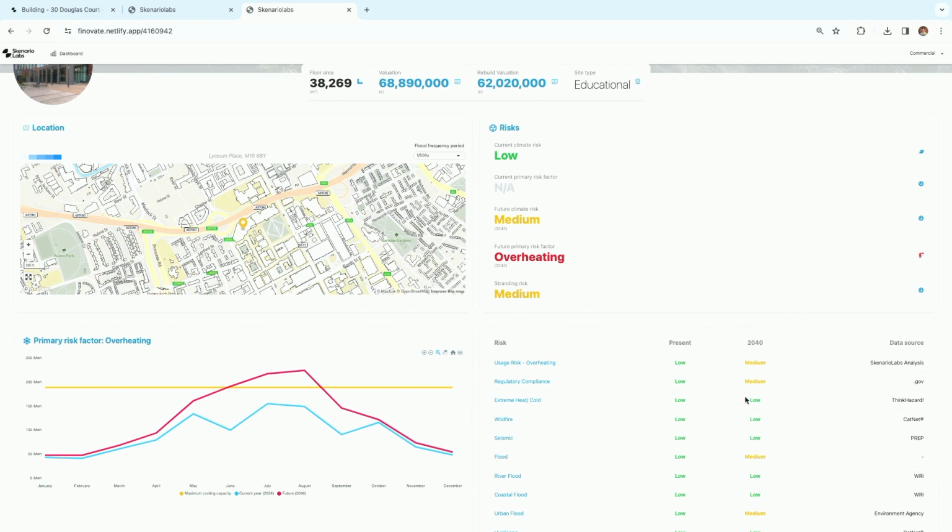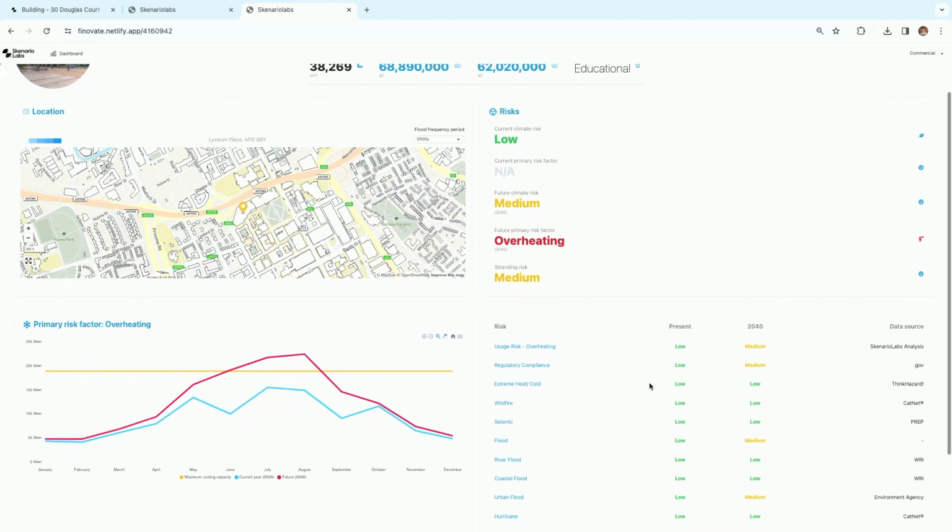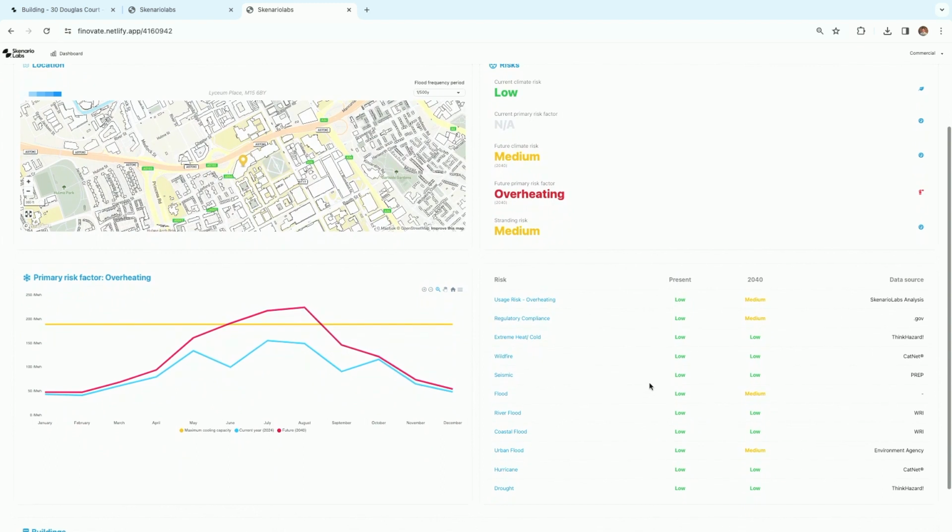In the centre of Manchester, we're not seeing a lot of wildfires. We're not seeing a very large number of floods, as long as you're away from the river, which this building is. However, as we move towards 2040, we've used what we already do. We're modeling those materials, and we're also modeling the environment. We're modeling, in this case, CIBSE future weather data, and utilizing that to look at the potential for overheating